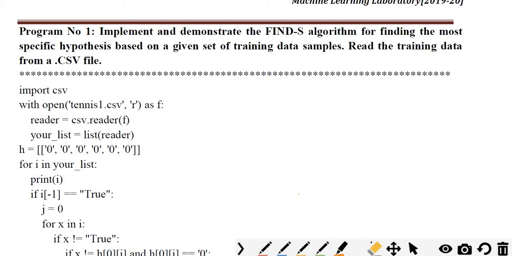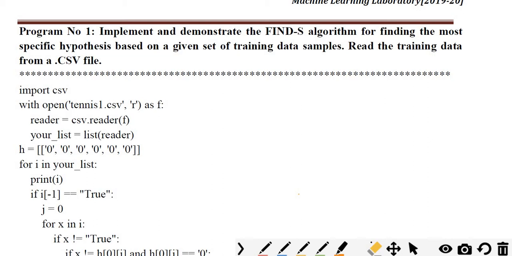This is the program that we have written in the Python language. First we have to import the csv module, because all this data set is available in the CSV file, and that file we need to open in read mode. Our file name is tennis1.csv, where I have stored all my data as comma separated values, and I have to open it in read mode, and the name given to that file is an alias name in Python. You all know Python very well, so you already know these things. So f is the alias name given for that.